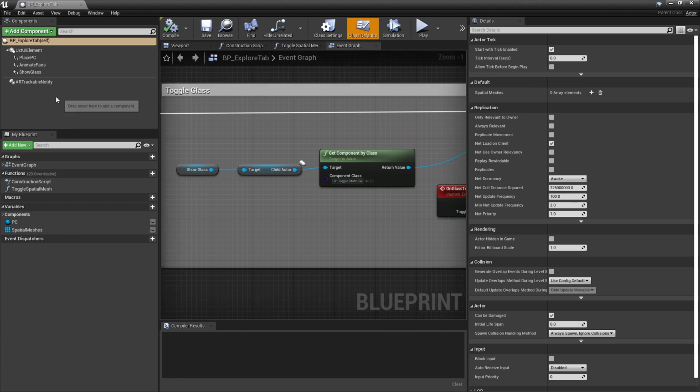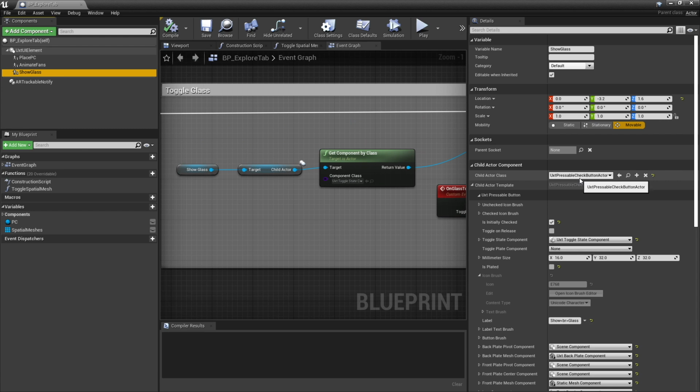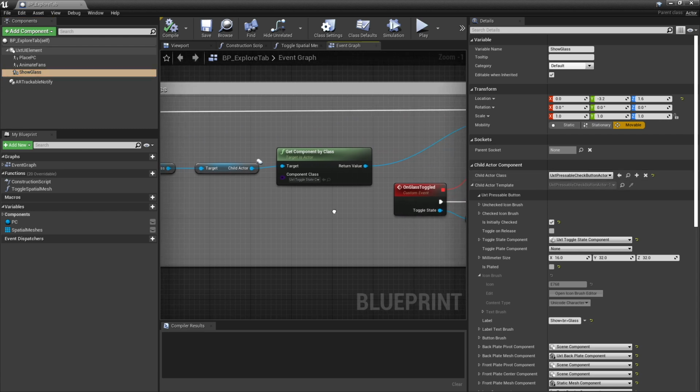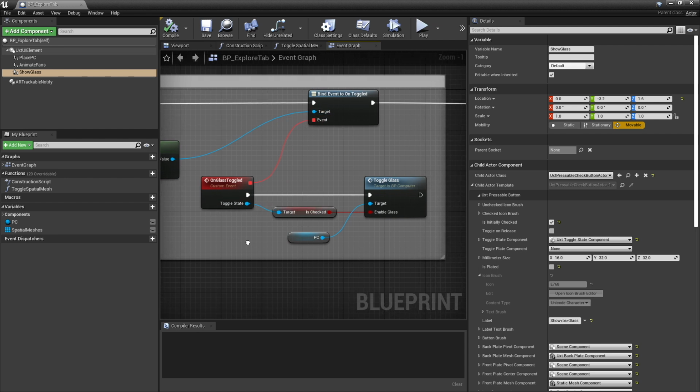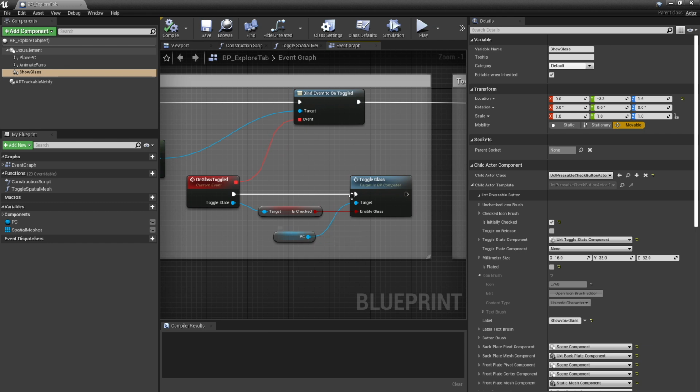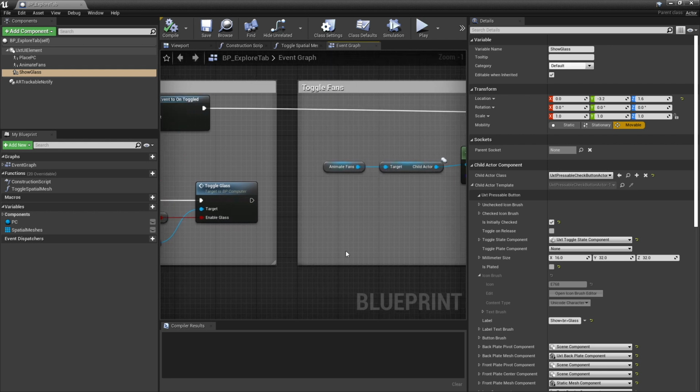They grab the show glass child actor, which in this case is a check button actor, and grab the UXT toggle state component, and then simply bind to the toggled event. And that toggled event just calls this custom event, which grabs the PC and calls a function called toggle glass. And that function simply just turns on and off a static mesh.